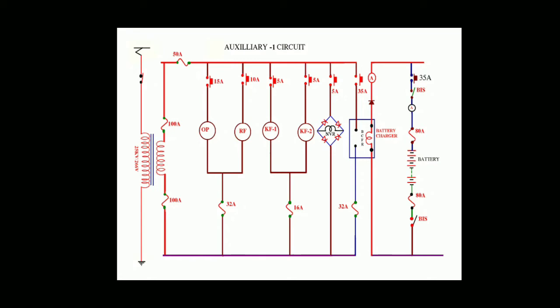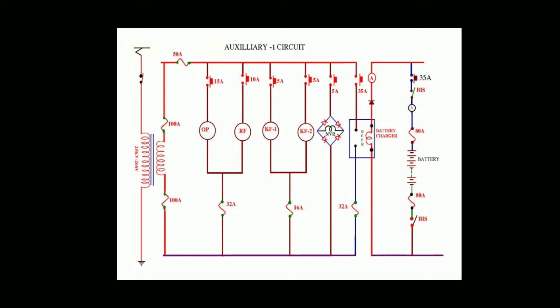Rectifier fan is provided to cool the main rectifier and auxiliary supply rectifier in the rectifier box. This is a 1 HP motor and is protected by a 10 amps MCB on phase and on neutral a 32 amps common fuse. This motor is located inside the rectifier box.